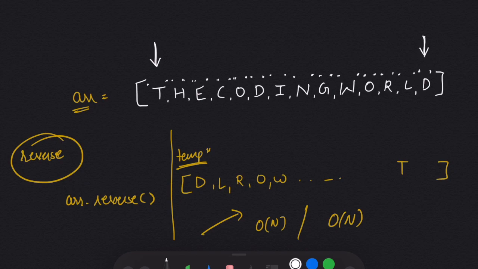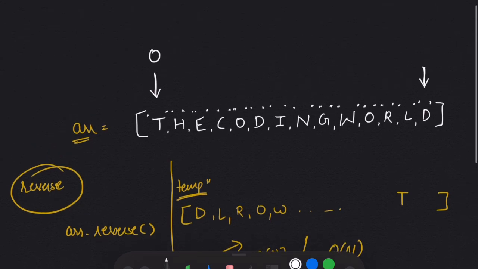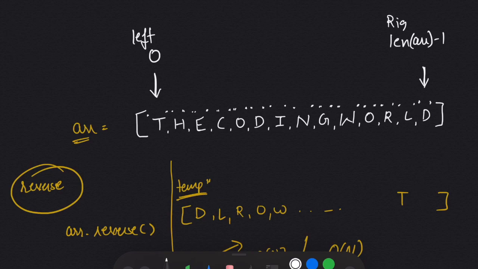The first pointer is pointing at index 0, and the other at length of given array minus 1. Let's name them left and right. So we have two pointers, left and right.